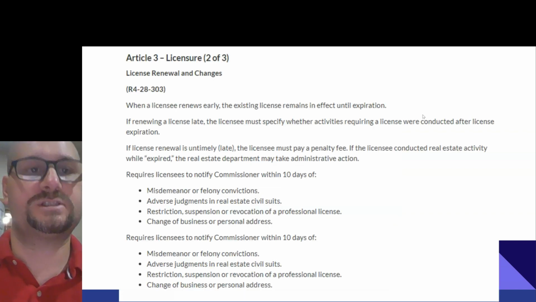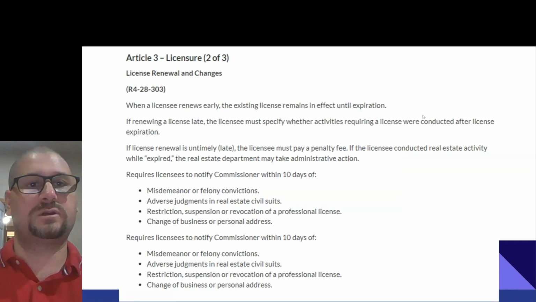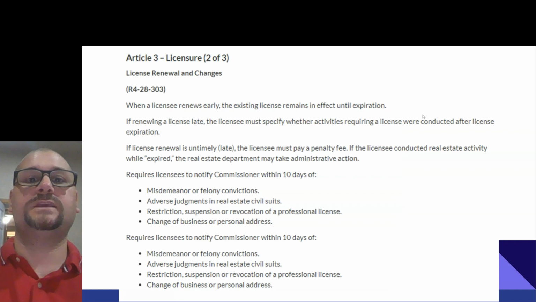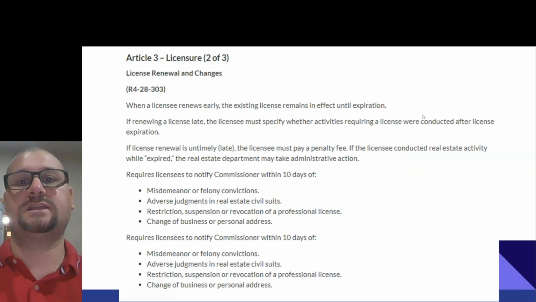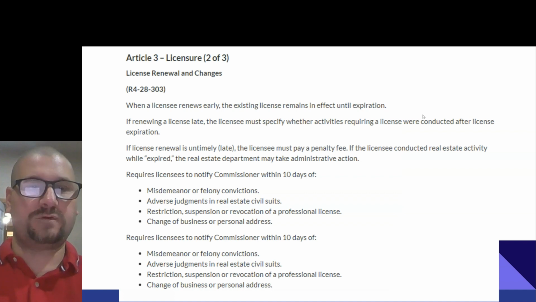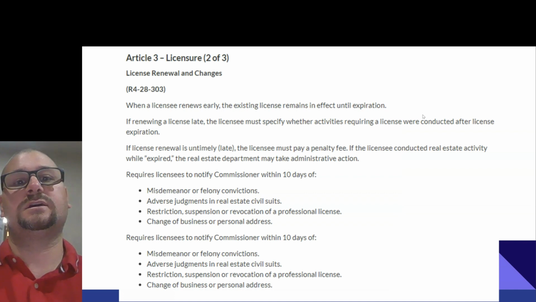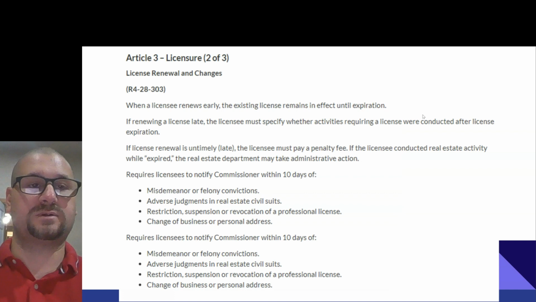License renewal and changes, Commissioner's Rule R4. When a licensee renews early, the existing license remains in effect until expiration. If renewing a license late, the licensee must specify whether activities requiring a license were conducted after license expiration.